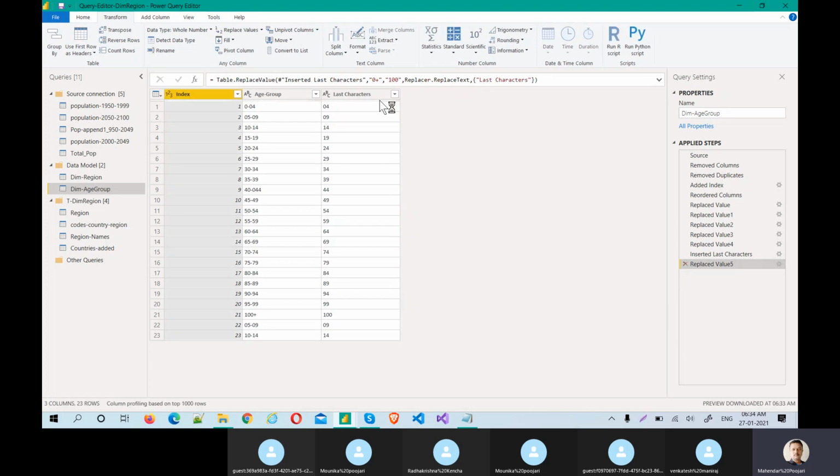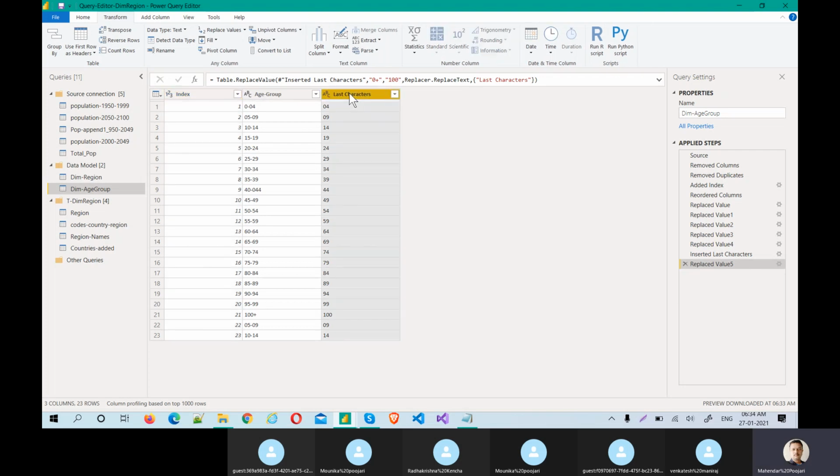You see, there is no discrepancy. If you apply remove duplicates again, that's also perfectly fine, but for now we don't want to do that. I'll tell you why. Because we are going to create a conditional column. Max age limit, this we have.